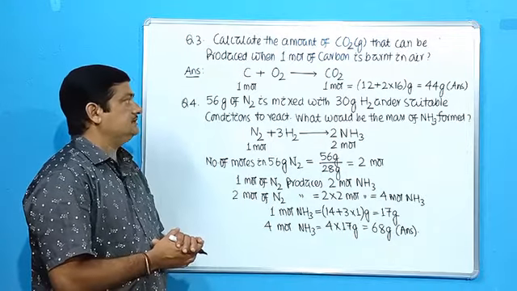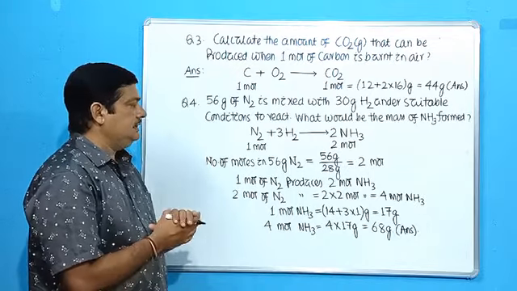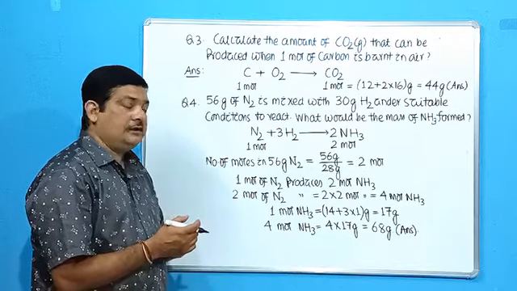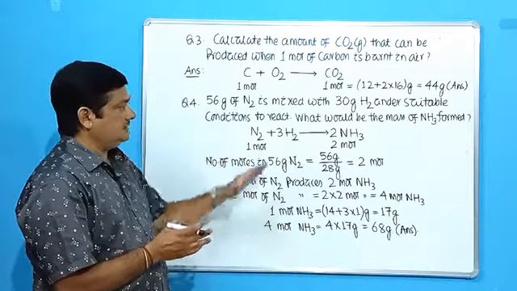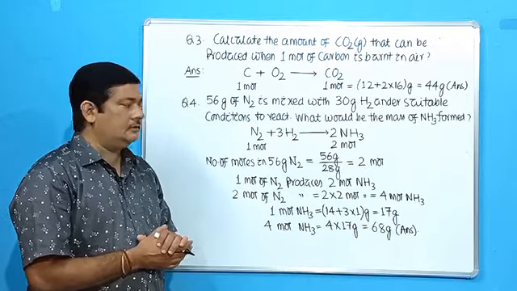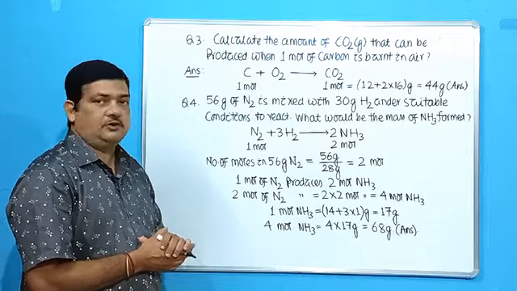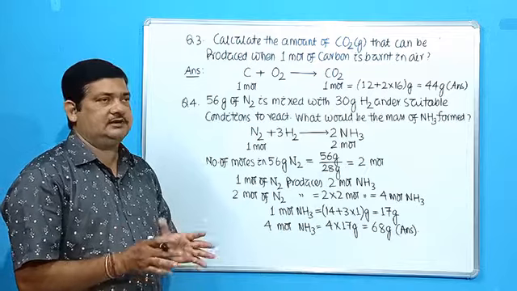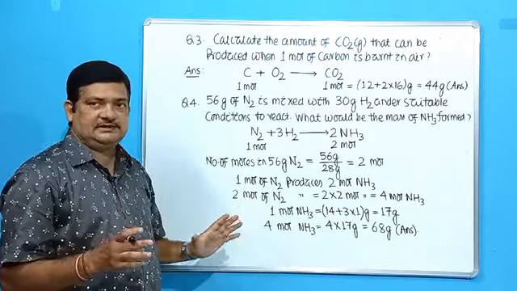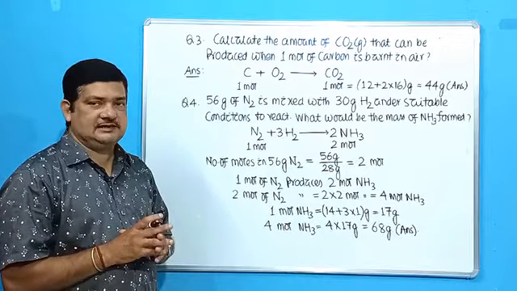So these are the solutions of the assignments given to you. Very simple. Last time I asked for something more from you, and thankfully many of you have solved, but some of you asked me how to solve these 2 questions, and these are the answers. So you note them down so that you can solve any numerical based on stoichiometry calculations. Again I am summarizing. If you simply write down the balanced chemical equation, you can solve anything based on mass to mass, mass to volume, or volume to volume relationship.